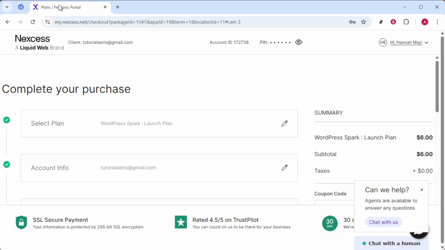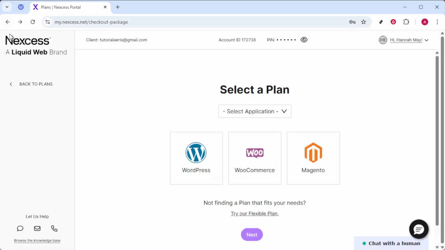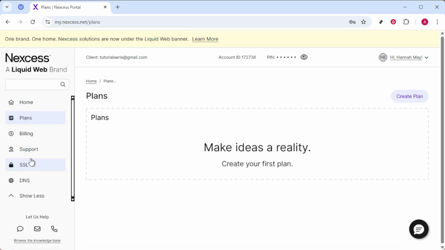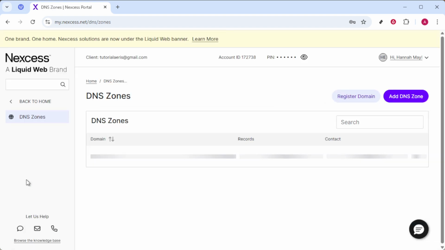You'll need to allow some time for DNS propagation, which typically takes a few hours. Once that's done, your domain's SPF and DKIM will be active, significantly enhancing your email deliverability and security. By following these steps, you've successfully authenticated your domain in Nexcess. Your emails are now more secure,